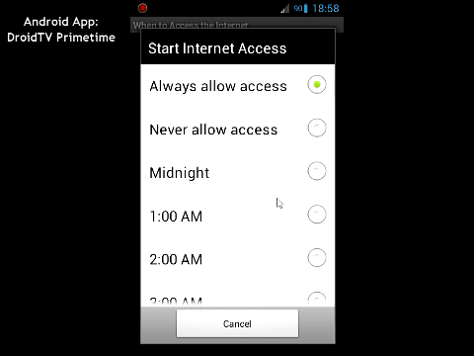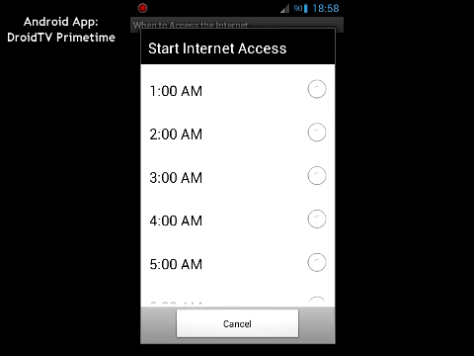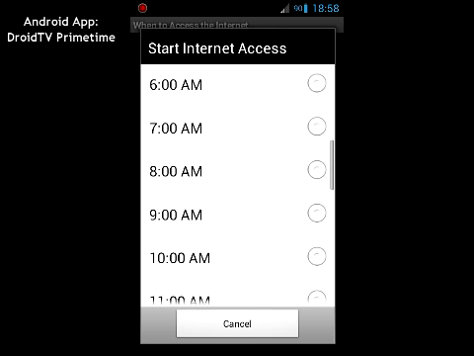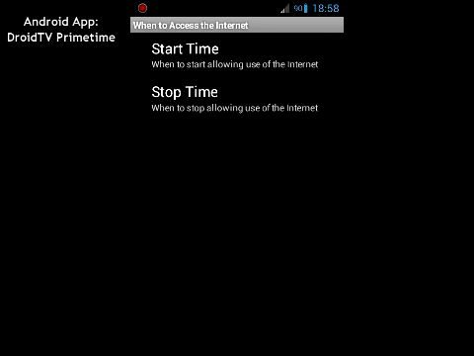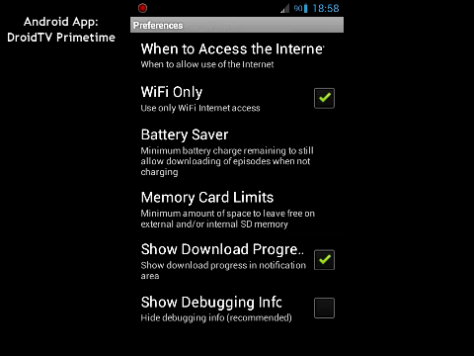You can actually specify what time of the day you want this app to access the internet to download these episodes, like if you're on a capped data plan or something like that. And then you can also specify it to only download on Wi-Fi, so it doesn't use your cell phone data plan. There's battery saver mode,